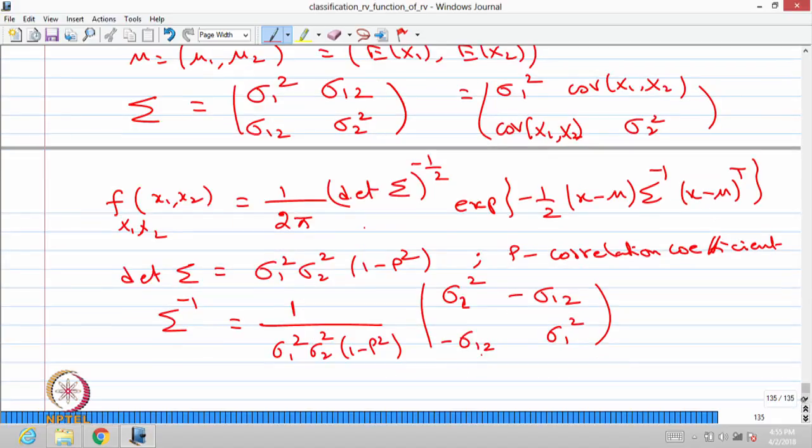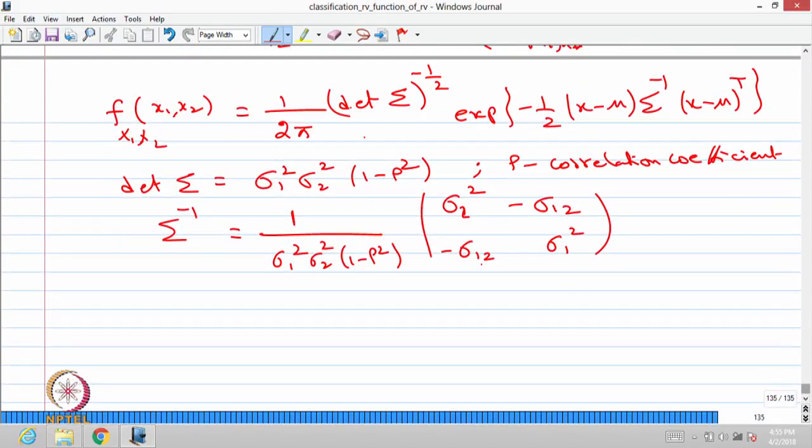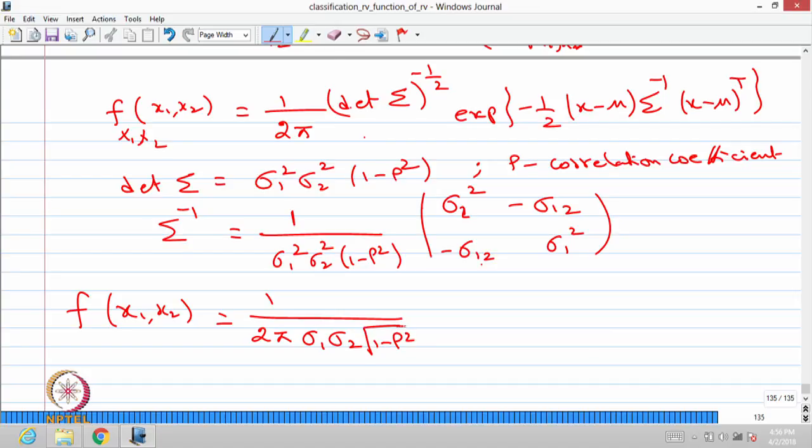Therefore, you substitute in the joint probability density function, f of x1, x2. That is going to be 1 divided by 2 pi sigma 1 sigma 2 multiplied by square root of 1 minus rho square, exponential of